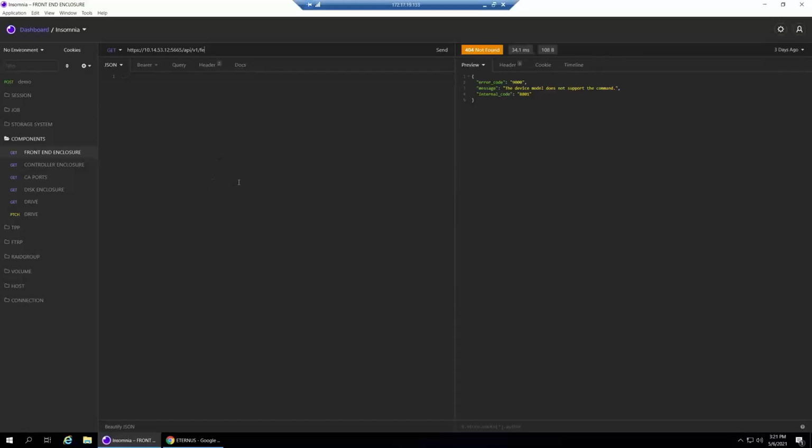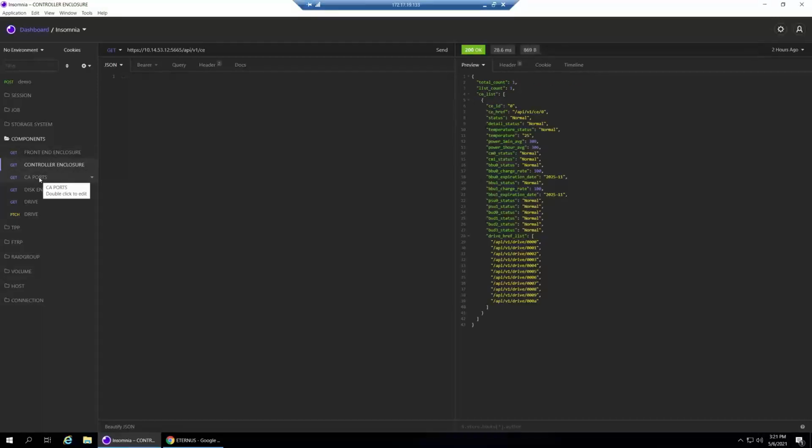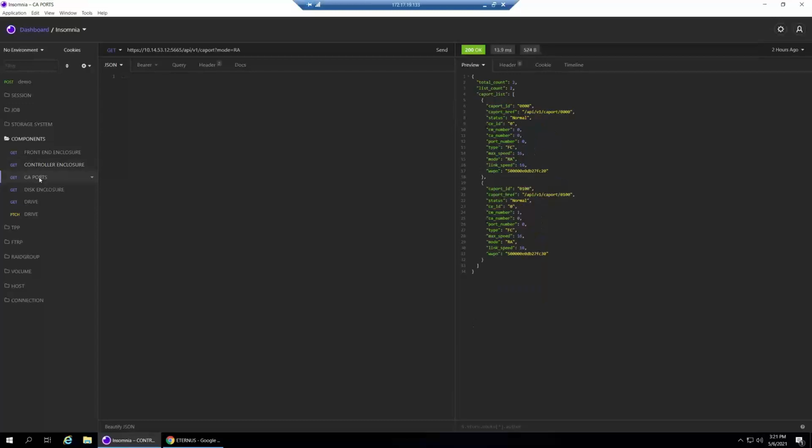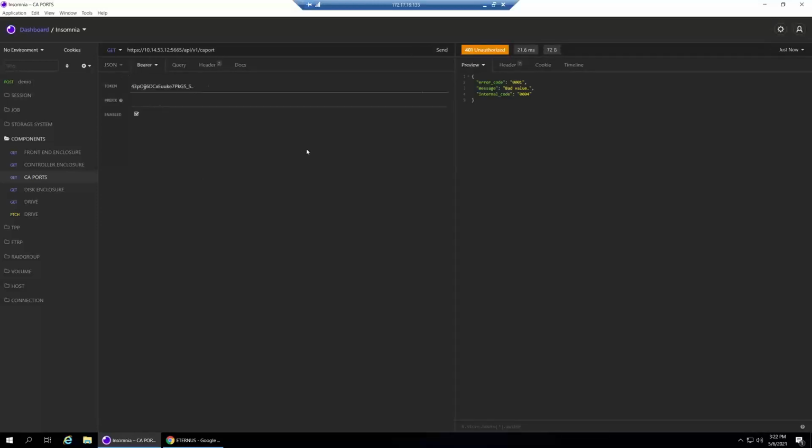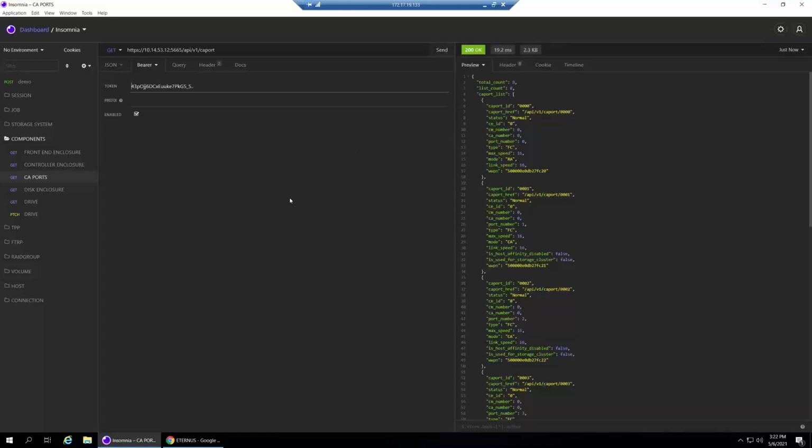So yeah, I know there's a lot. There's even more parameters that you can use with REST APIs, but they are quite well described in the API guide, so you can easily refer to that. Those are things that I've used earlier, but basically what we can do now, we can see, for example, the CA ports. Obviously, again, I send it for a 1. So I paste the bearer token, and now I have all the info regarding all the CA ports available in the system.